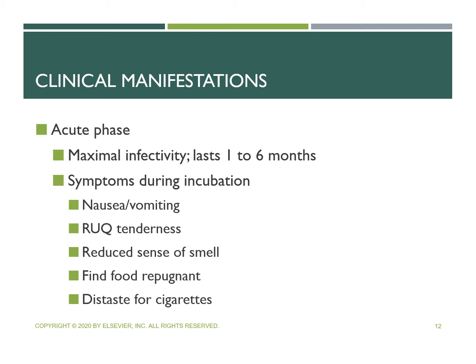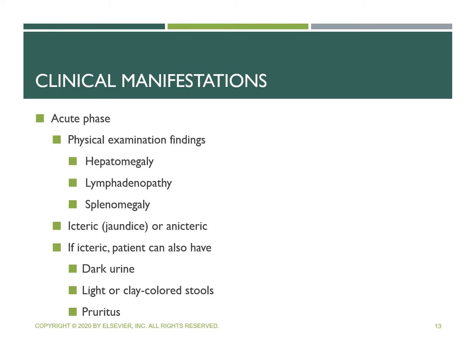The acute phase can last anywhere from 1 to 6 months, and symptoms might be nausea, vomiting, right upper quadrant tenderness, reduced sense of smell. Patients may find the food repugnant, and distaste for cigarettes can occur. During the acute phase, you could also find hepatomegaly and splenomegaly, which is enlarged liver and spleen, and lymphadenopathy, which